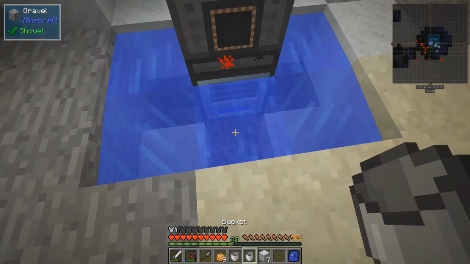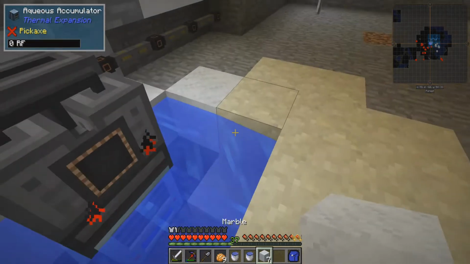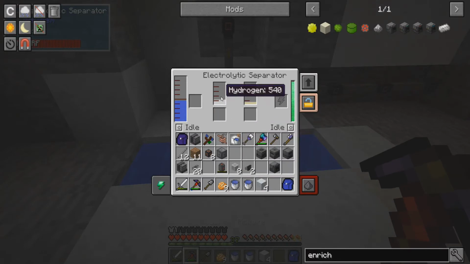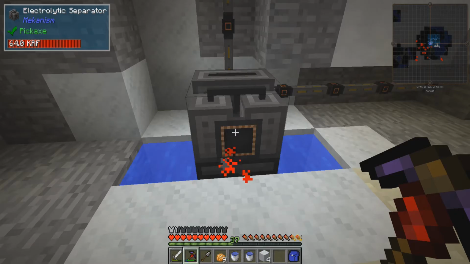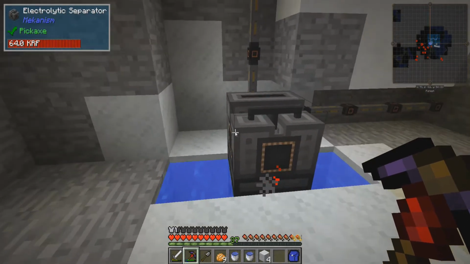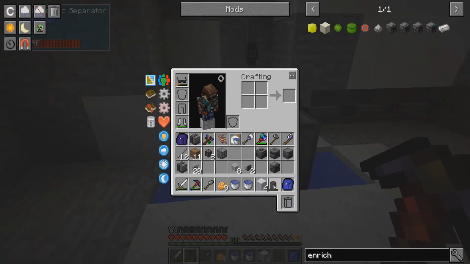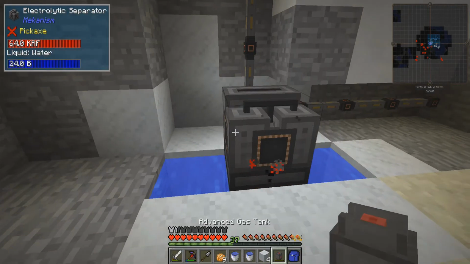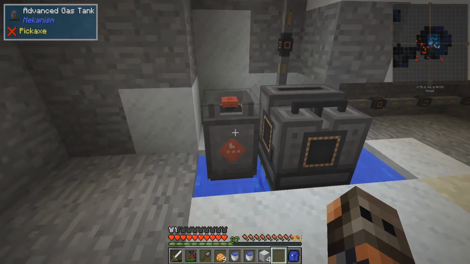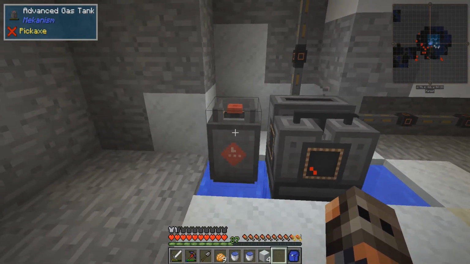Let me fill up my water buckets before I do this. So it is making hydrogen and oxygen. You know, water is H2O, so you get 2 hydrogen, 1 oxygen per. And I'm getting a virus pop up. If we put the gas tank that I made right here, it should fill up with hydrogen, which is good